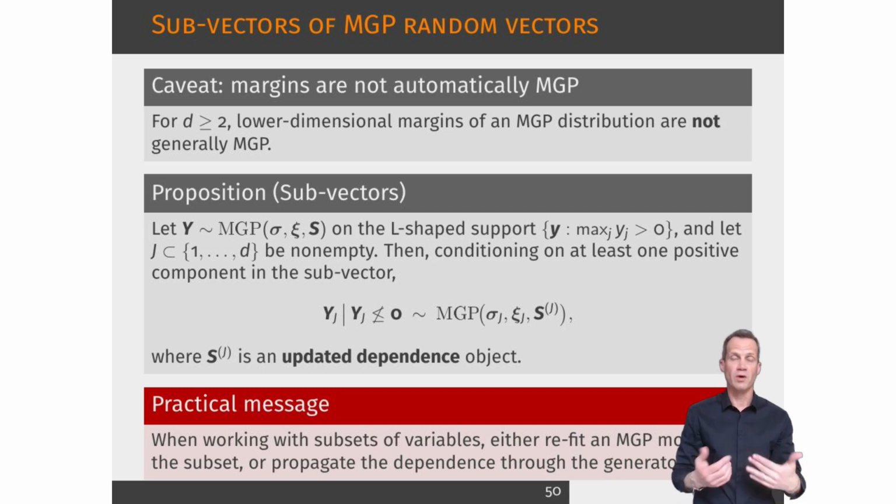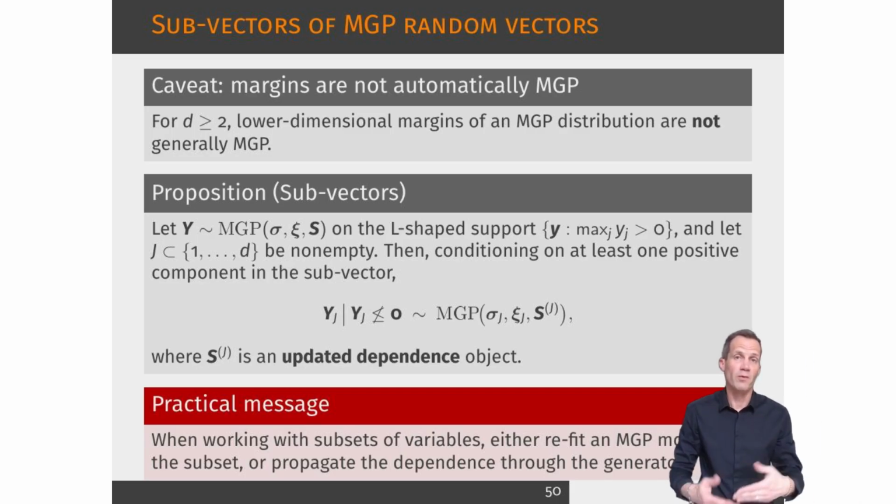This slide points out an important caveat. In dimensions greater than 1, taking a subvector of a multivariate GP vector does not automatically give another multivariate GP distribution on its own support. To recover an MGP structure, one must condition on the event that at least one component of the subvector is positive. Under this conditioning, the subvector is again multivariate GP, but with an updated dependence object. The practical message is clear. When working with a subset of variables, either refit the model on that subset or carefully propagate the dependence structure